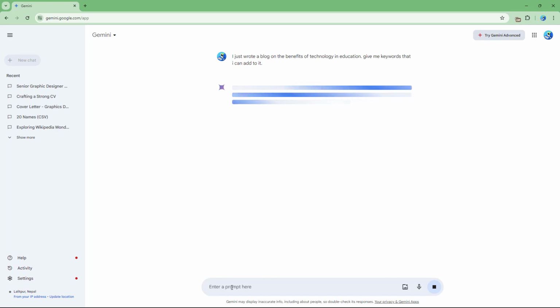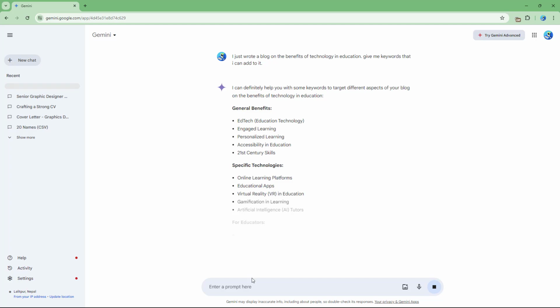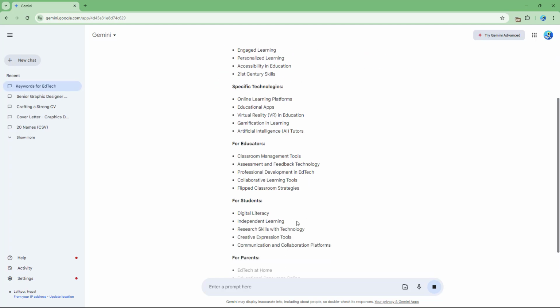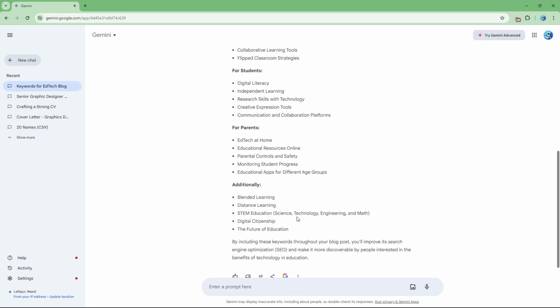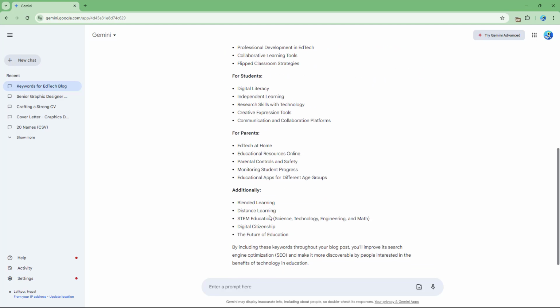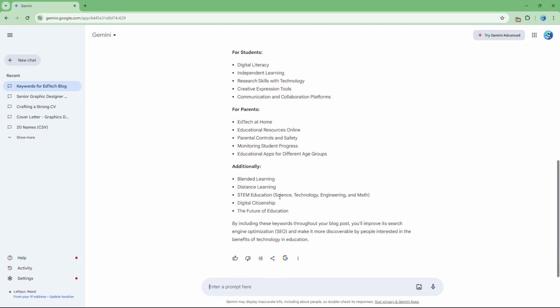So if I were to do that right here, then what happens is that it simply goes around, and then you can see that it adds in all of these particular keywords right here, just like this. So usually what happens is that these SEOs need to be added in with commas in a blog or YouTube video right here. In that case, I can go around and say, give me this list of